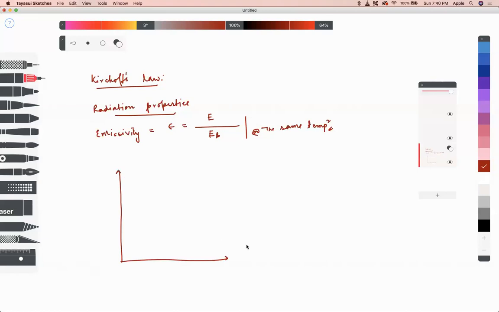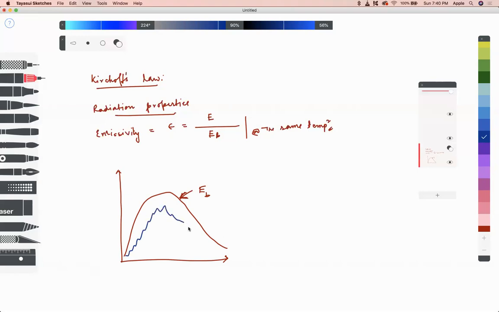because the comparison has to be on a similar ground. So a black body will emit radiation like this, where the area under the curve will be represented by EB, whereas a real surface will emit radiation like this, or the curve we will get is for the real surface. So definitely you can see the area under this blue curve is less than EB, provided both the bodies are at the same temperature. Otherwise this can exceed. Okay, so now this is your definition of emissivity.